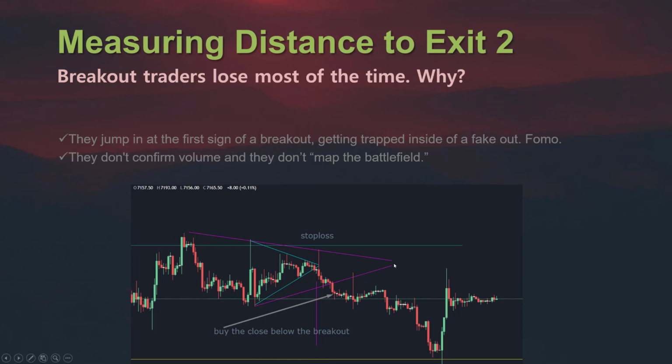If you were trading this purple triangle and you did the same, you put your stop loss here, not here, but here, because it's a bigger triangle. Now your stop loss is here, but also your risk and reward ratio is greater, because look at this purple line. The purple line is the extension from the top of this candle to the bottom of this red candle. This is your triangle's base. A symmetrical triangle has a base which is then duplicated